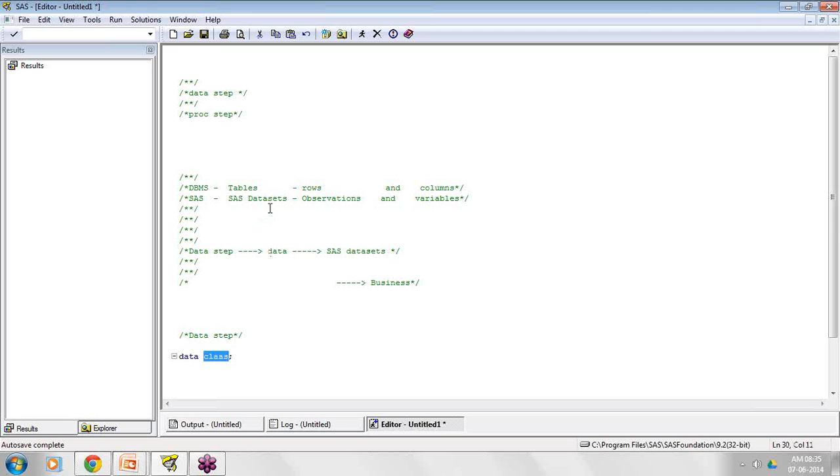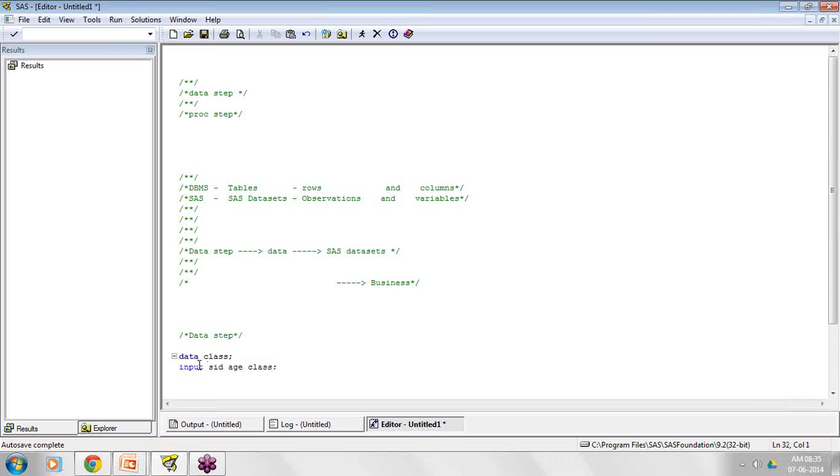As I told you, if I want to create any SAS data set, I should always specify the observations, and as well I should always specify the variables. So in this class data set, I want to specify columns. To specify columns for this data set, I should use a statement called the input statement. In a class, broadly we can expect the student IDs, their age, and their class as well.